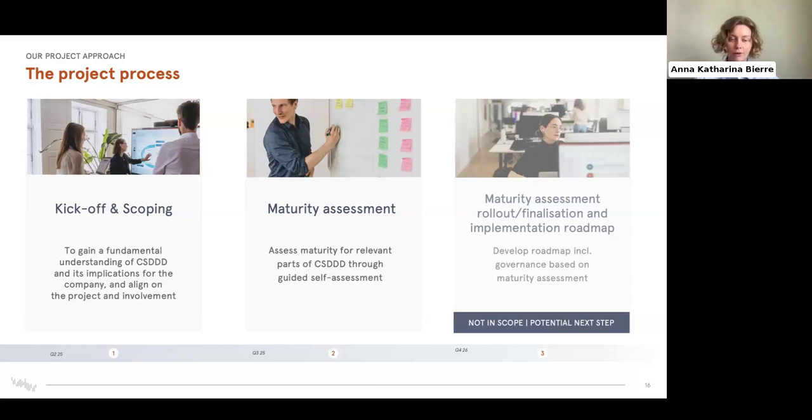And then we have a workshop where we either go through the detailed observations or we summarize them a bit more, and we do customized exercises. That depends a bit on the target group of those specific sessions. And then, of course, there is a third phase that's not a part of this project, but that's in this case also for the client to finalize the assessment. We have focused on selected parts of it, and then, of course, roll out and also do the actual implementation roadmap.